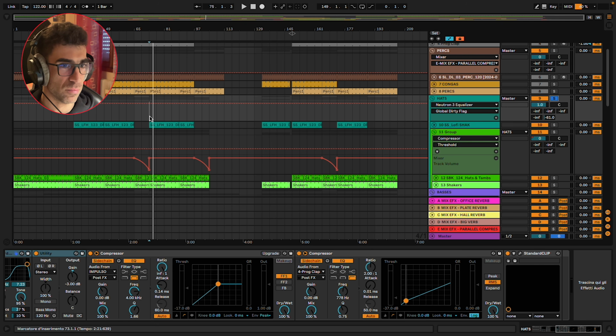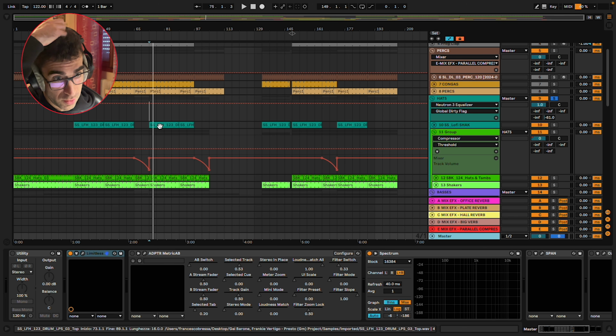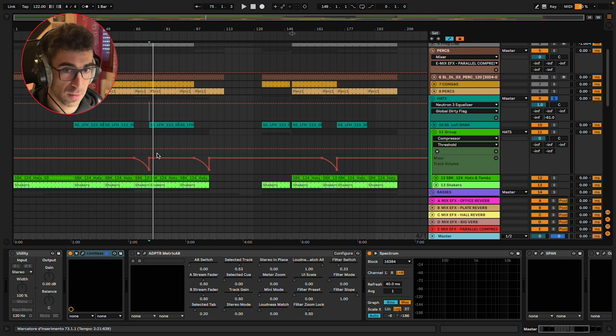This mainly is to let the compressor in master, or if you put the compressor into your master channel, to let it breathe a little bit more. And in this way, it's not triggered by those quite useless peaks. If you do this carefully, it's a very nice technique to have more headroom to work later.